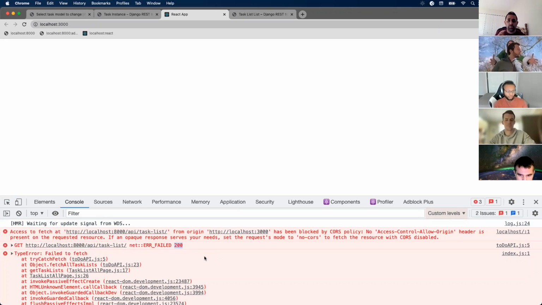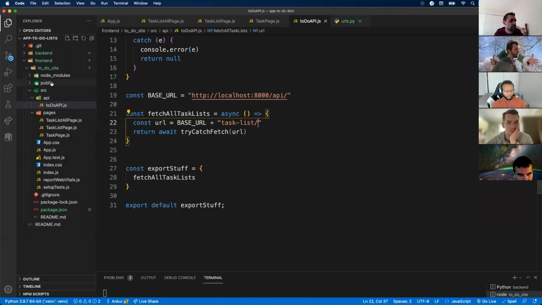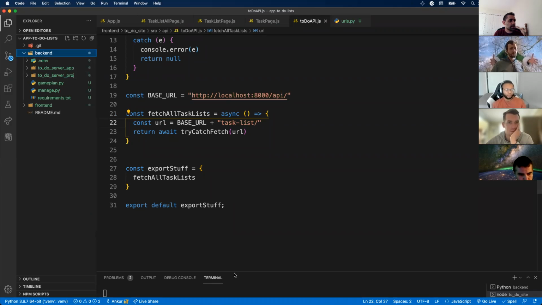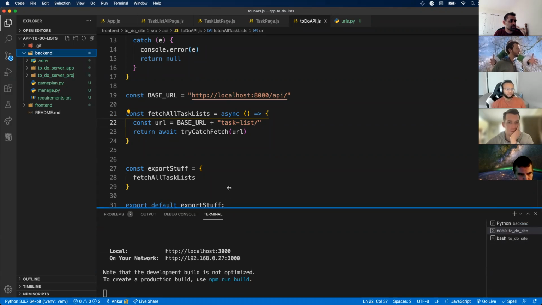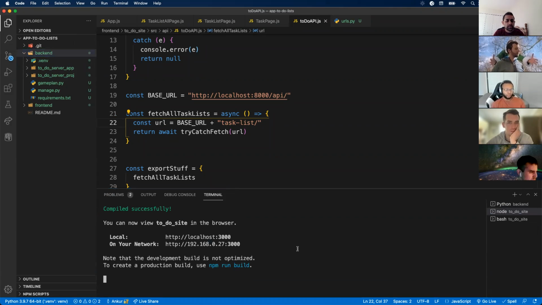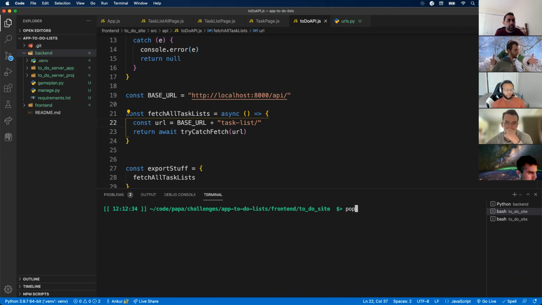So again, just to reiterate what's going on here, I'm getting a response back from fetch, but it's not what I expected. So actually, I'm not sure why that's a 200. Okay, anyway, the issue here seems to be CORS. So it looks like I can't get away from the CORS issues. Go back to my backend and deal with those CORS issues. So in my backend, I'm going to kill my server. I think I need to install pip. It's not pop. Pip install